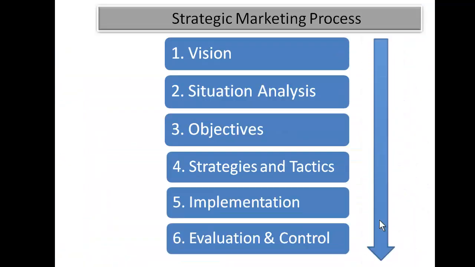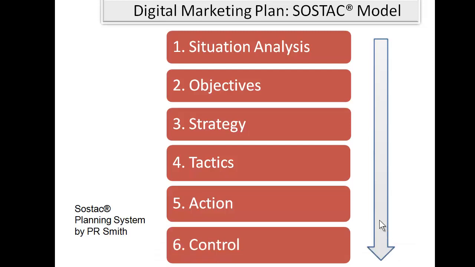So let's get started. If you remember the session on internet marketing strategy, we defined 6 stages of a strategic marketing process, starting with a vision and situation analysis, objectives, strategies and tactics, implementation, evaluation, and control. Well, today I'm going to bring to your attention another model. This model is particularly suitable when you put together your digital marketing plan or any marketing plan, and it's called the SOSTAC model. It's developed by Paul R. Smith, and it's based on the acronym SOSTAC, which stands for, as you can see, situation analysis, objective, strategy,